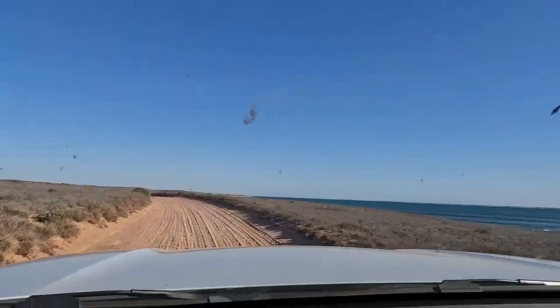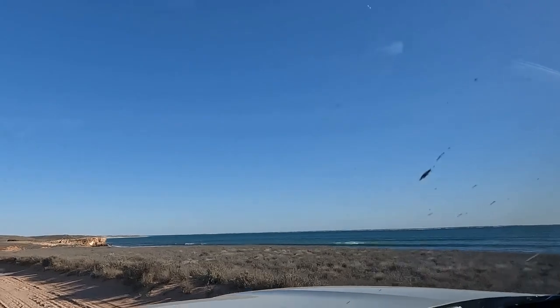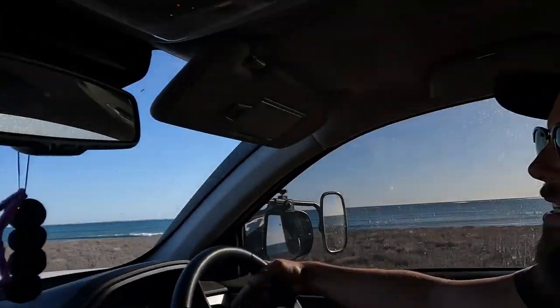Happy days. We're on this lovely corrugated road. It's been about 15 kilometres of it. Look at the cliffs. So nice. We're still, what, 3 kilometres away from our spot. It's going to be pretty nice. We're here for 2 nights. And then we're heading to 14 Mile, which is down the same road. I didn't know 14 Mile was down here as well. I thought I had to drive somewhere. I was going to fill the water up and then come to 14 Mile, but it's like...